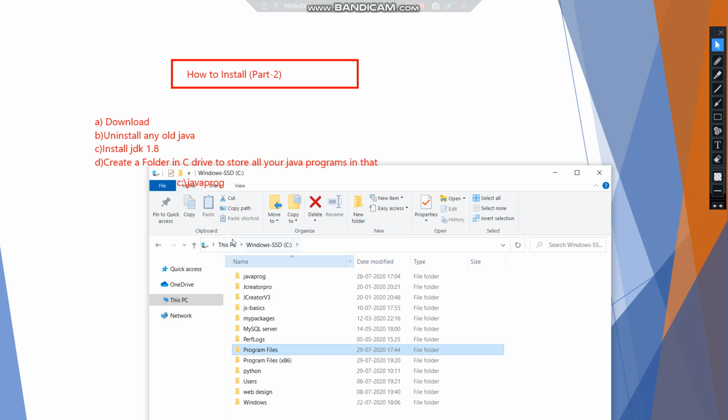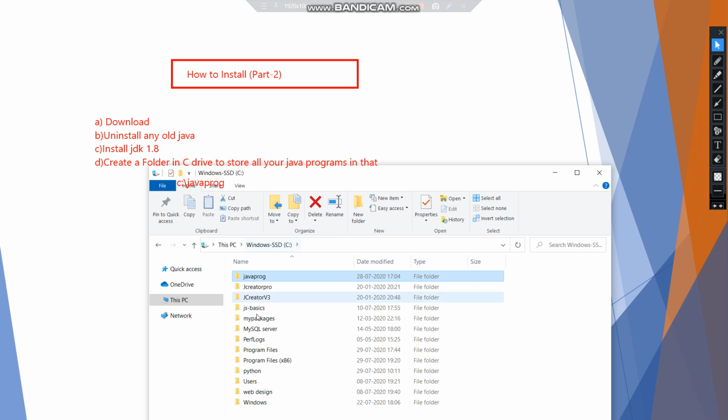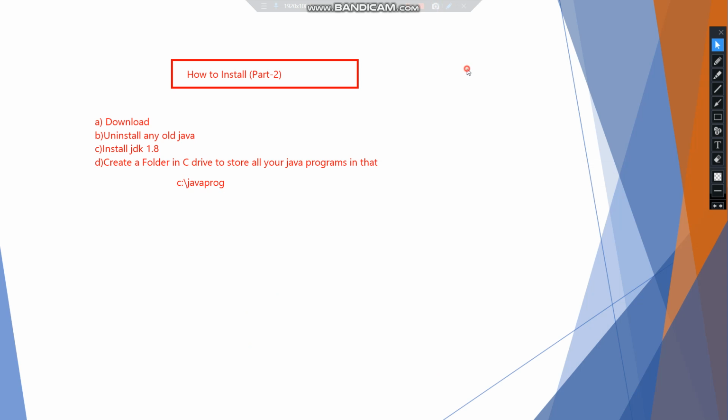They should be saved in this C folder. Okay, in the C folder you can create some other specific folder, and if you don't want you can also not. Okay, so this is the main path of our Java folder where all our programs of Java will be run and saved.